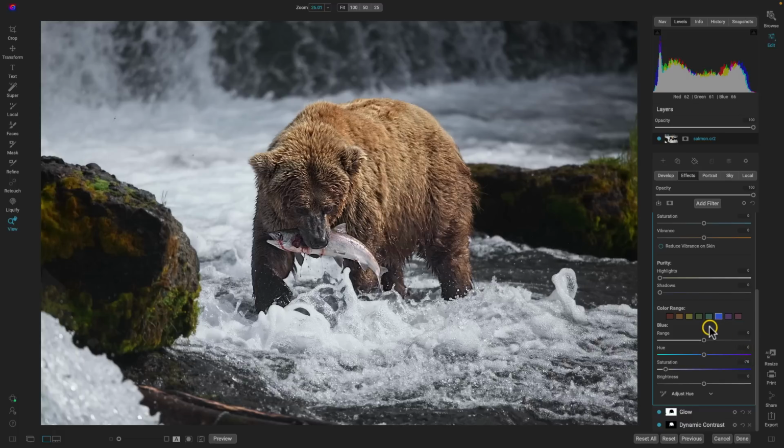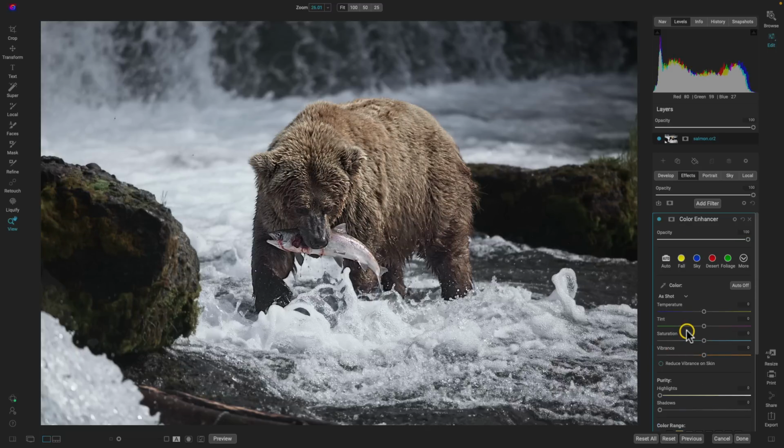But while we're in it, we might as well modify some of the other colors. So let's bring down these yellows to dim down these colors within the rock. Same thing with greens and our oranges there. So if we turn this off and on here, it's looking great. But because we pulled back on the oranges there, we actually took the color away from our